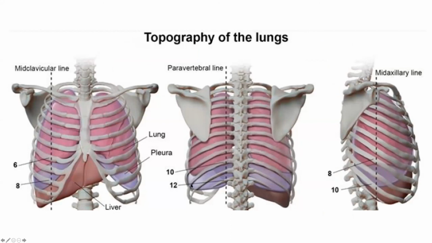Now we may use, ideally we should use the mid-scapular line, but we may use the posterior scapular line. Sometimes people use the paravertebral line, but we should be very clear about that. We should be going below, these two spaces between 10 to 12. So that should be our target. We can use any line, and we don't have any vital organs.